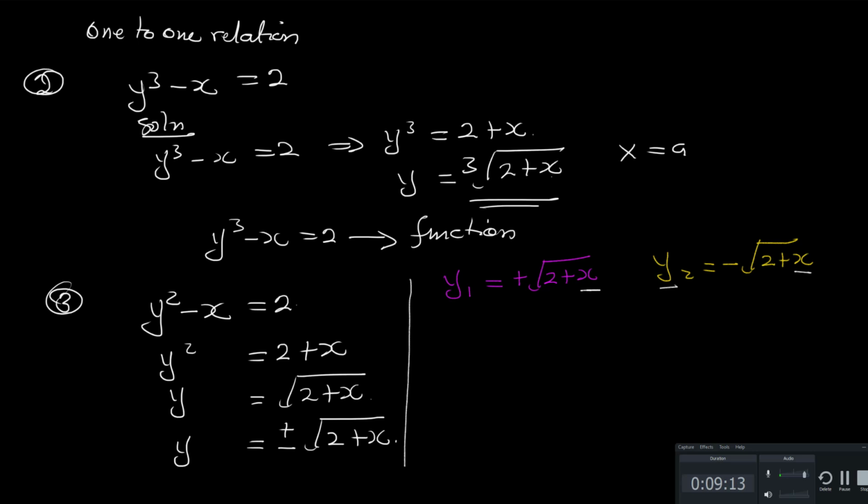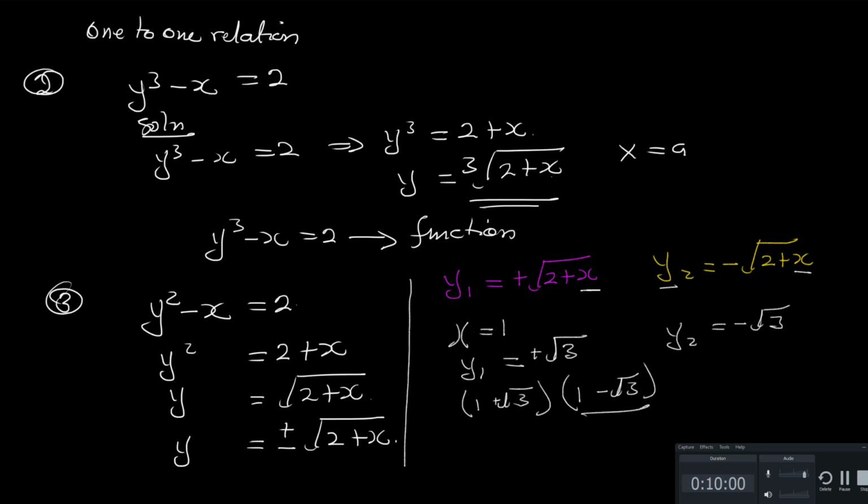Two pairs of values should not have the same first element. As an example, if we put x equals 1, we get y1 to be equal to plus square root of 3, and y2 will be equal to minus square root of 3. So, in a nutshell, if we look at the pairs of values, we have 1 and plus square root of 3, and the same 1 and minus square root of 3. This is a pair of values with the first element having different images or mapping to different elements in the